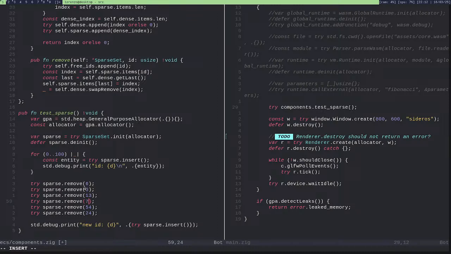Yeah, I won't use higher numbers because I have 100 entities. And what else? Like, I don't know, 93.